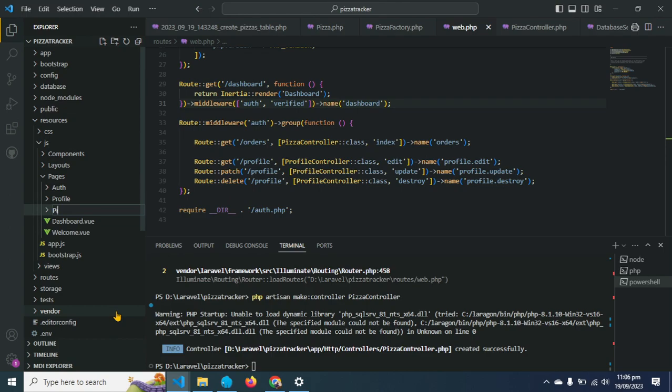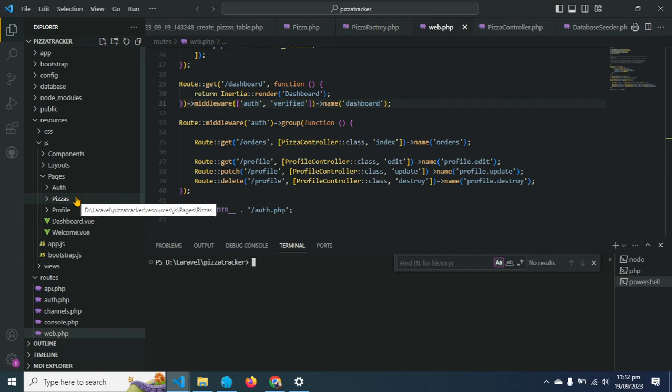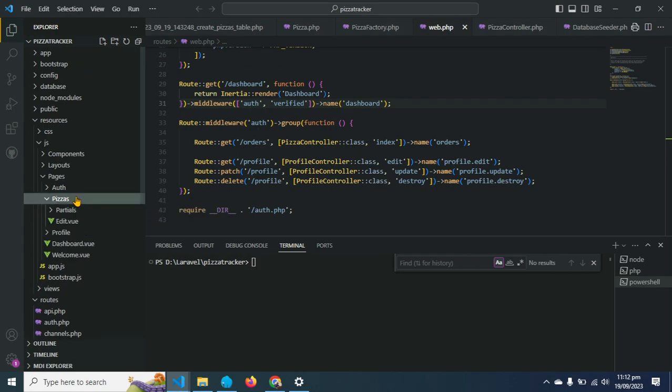We will call it pizzas. Okay, VS Code, please don't take too much time in just creating a folder or just renaming a folder. Okay, so the pizza folder or page is created by copying this folder, and inside it we will have